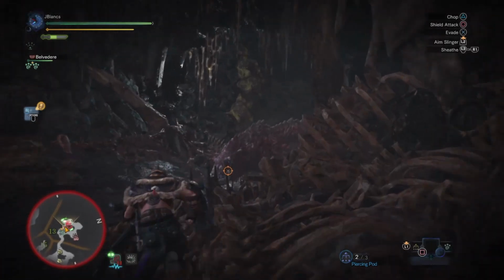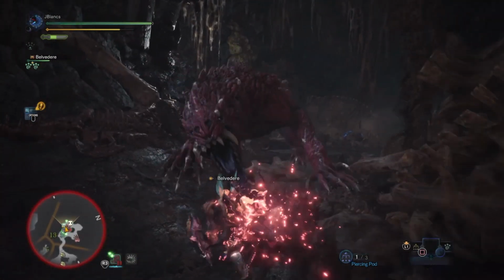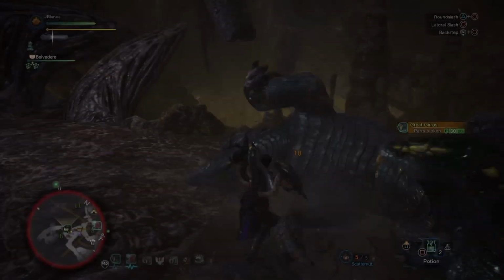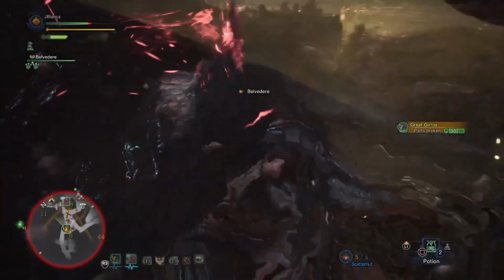And another thing to note is that you can use the backstep as a dodge. As you can see here, I was able to move out of Odogaron's way and deal a charged attack for the finishing blow. And the charge attack has two different attacks, one where you're able to mount the monster by